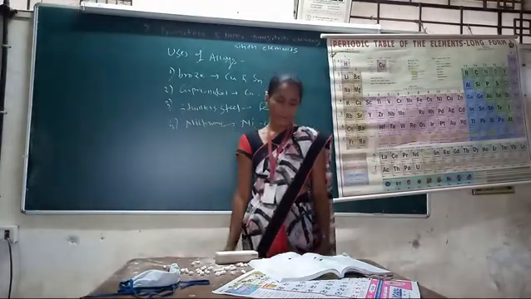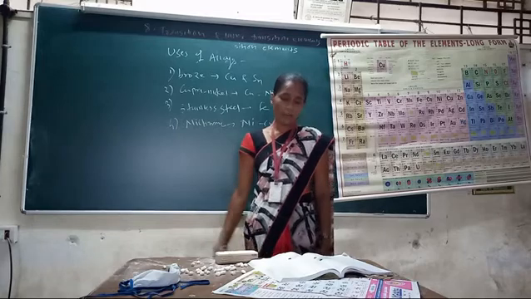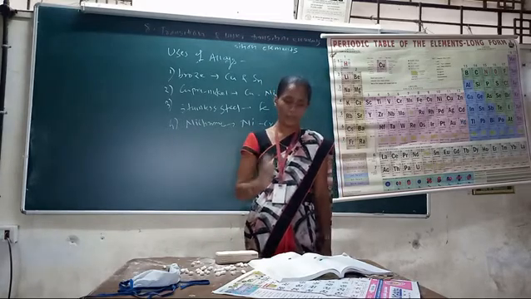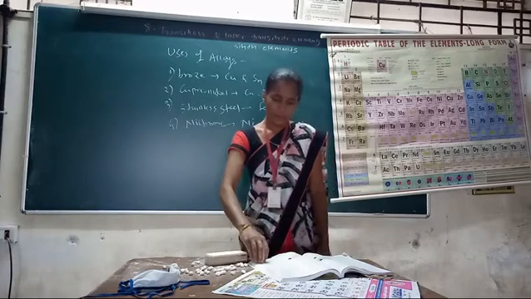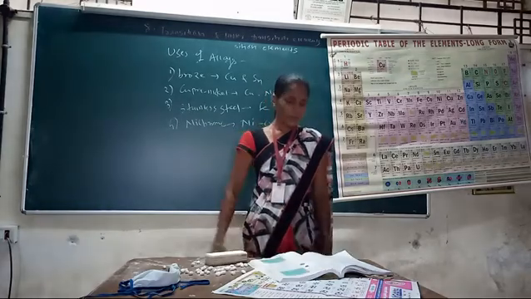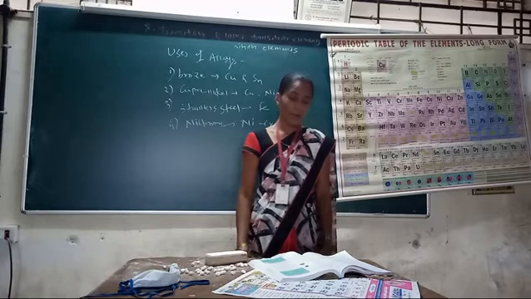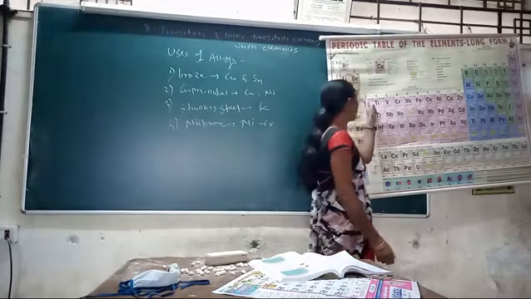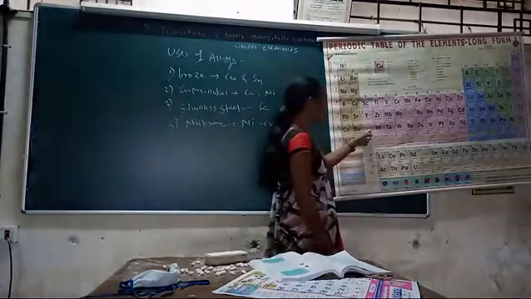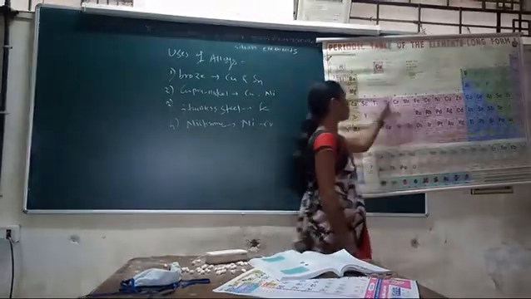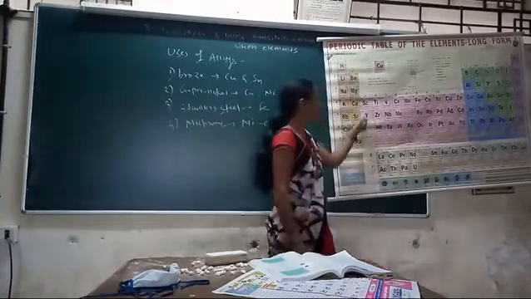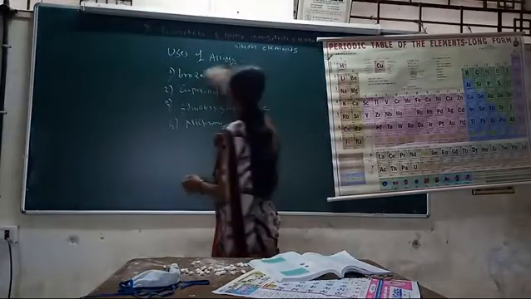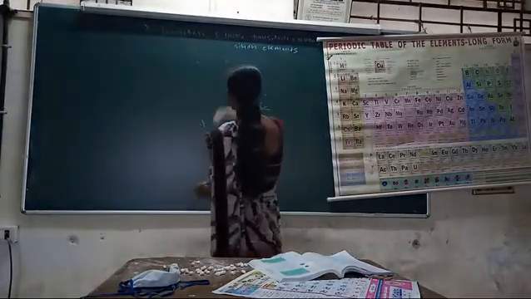Then the next point: compounds of barium and chromium are skipped from the syllabus for this year. Therefore, the next point is common properties of d block elements, that is 3d series, 4d series, 5d and 6d. The common properties means properties common to all metals containing d block.